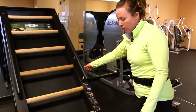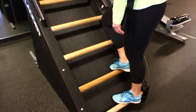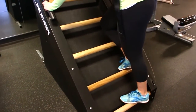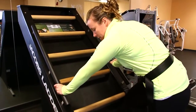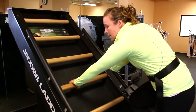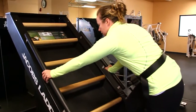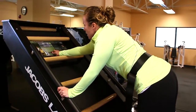So you want to start with your feet on the lower portion of the Jacob's ladder, and I'm going to start with my hands on the machine, just so I feel comfortable, and once it starts moving I can start taking my hands off and putting them on the actual rungs. But to get the machine started, I need to press this red button up here. So I'm just going to go ahead and press that